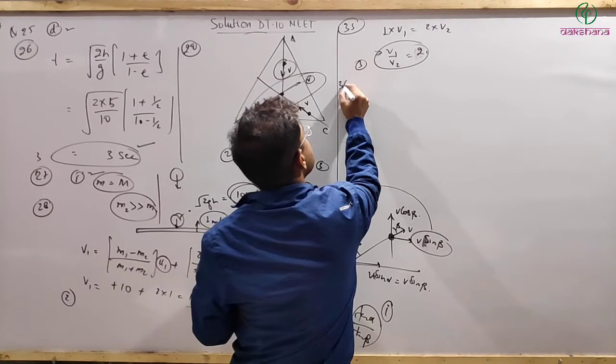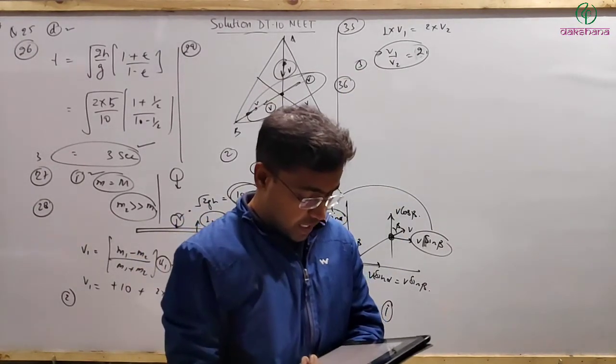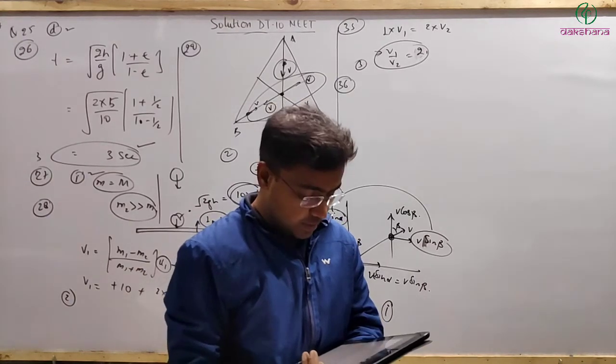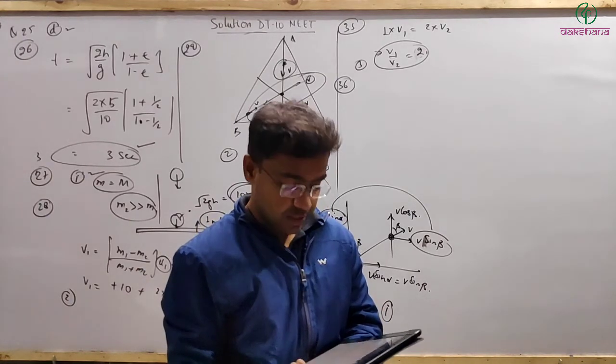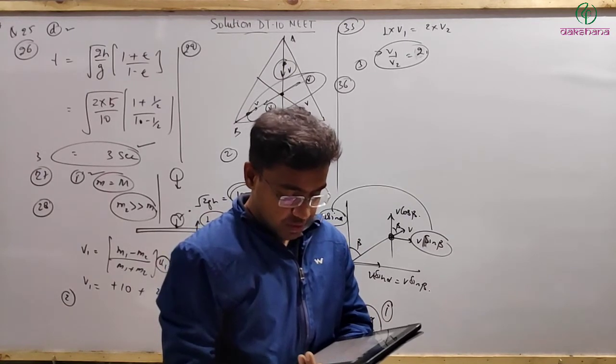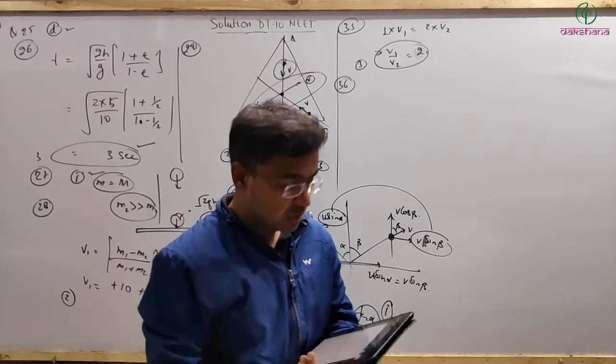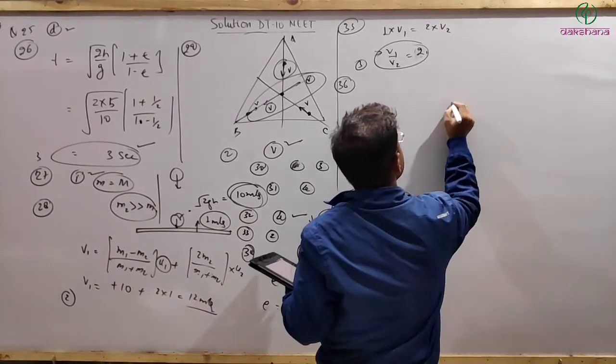Next question number 36. A 5 kg shell kept at rest suddenly splits up into 3 parts. If 2 parts of 2 kg each are found flying due north and east with a velocity of 5 meter per second, what is the velocity of the third particle after explosion? So here is the total mass